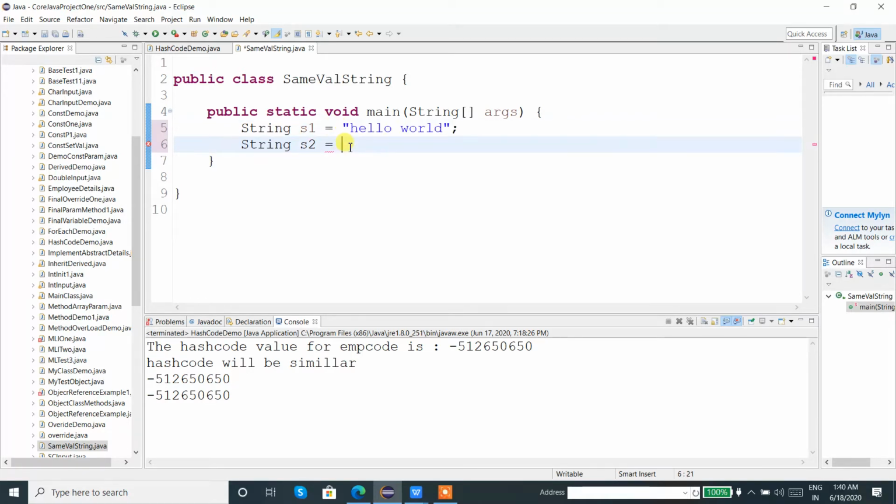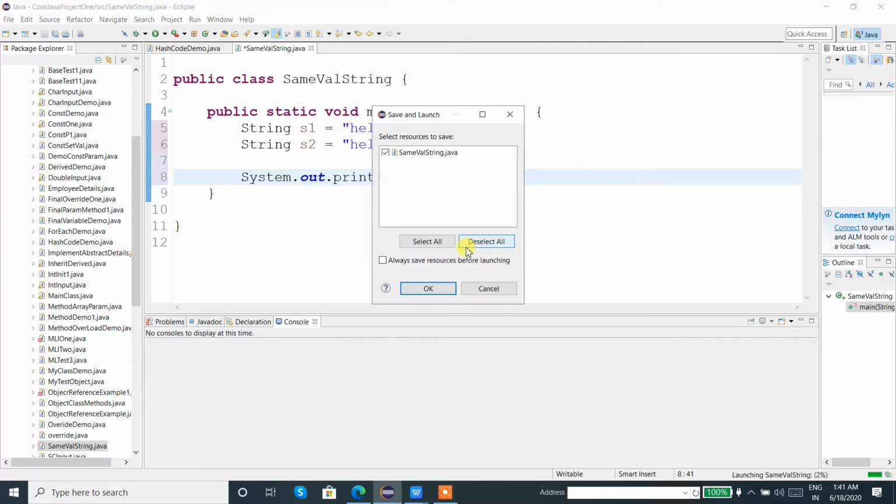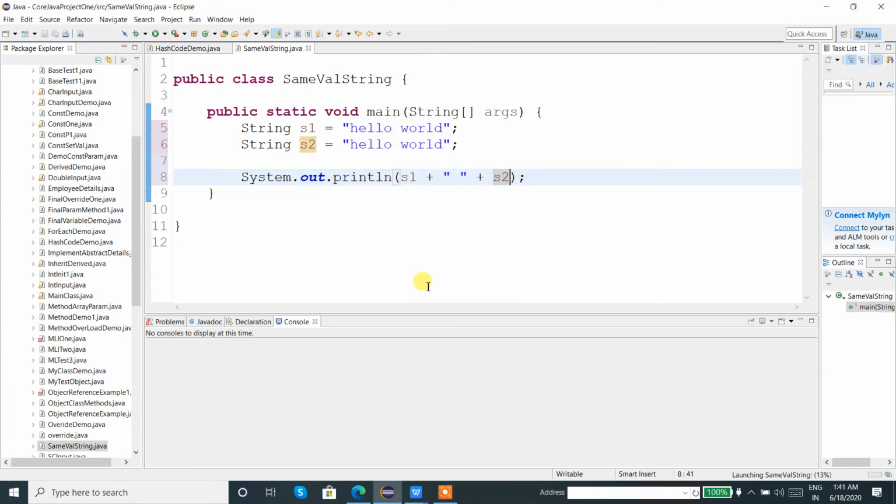Now let us print s1 and s2. Now just execute the code to check whether it is working properly and we are getting the values or not. Yes, it is printing the values.